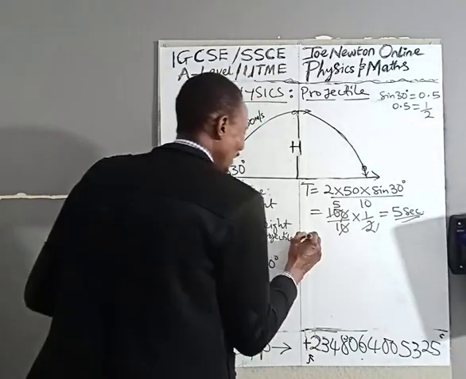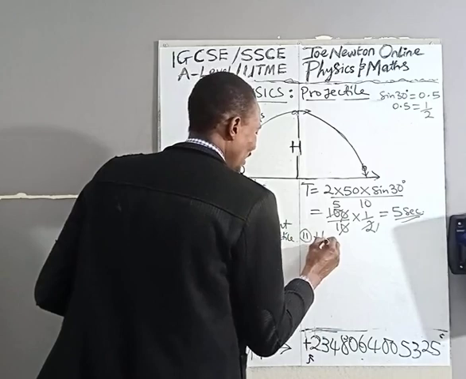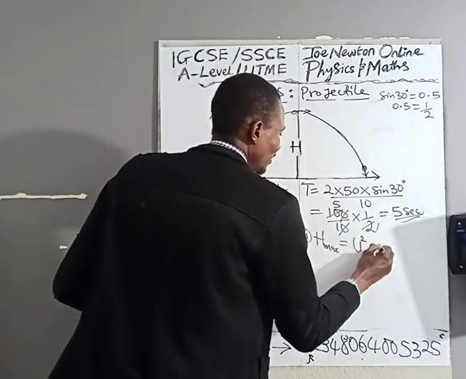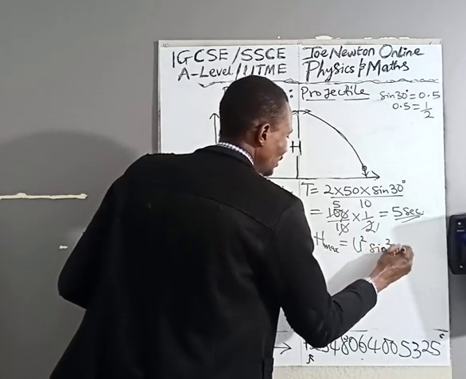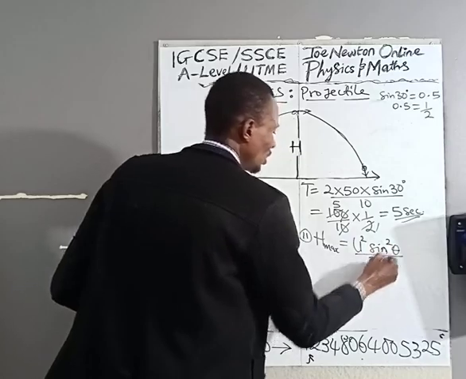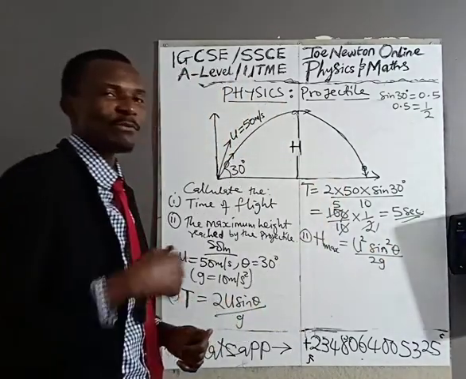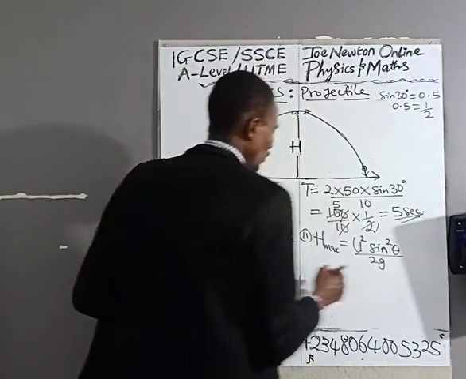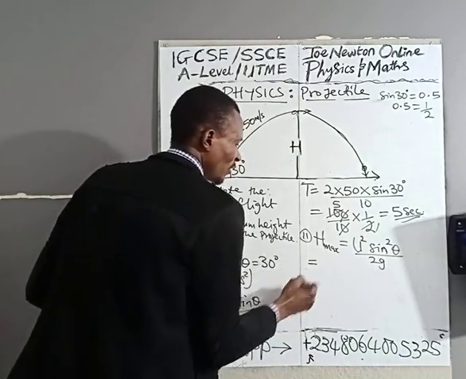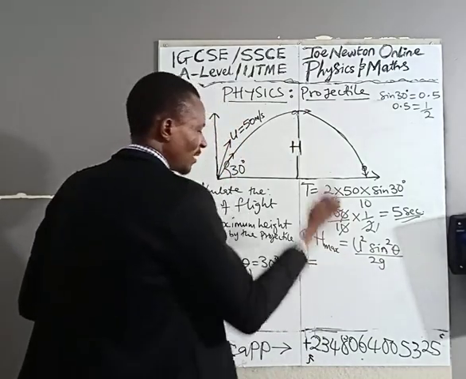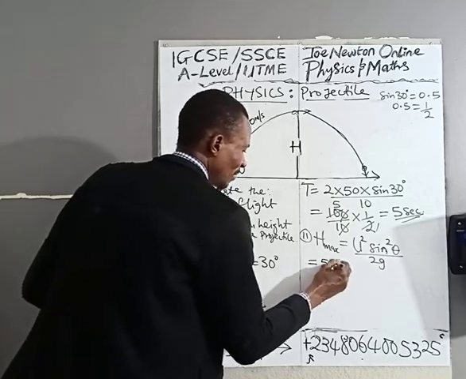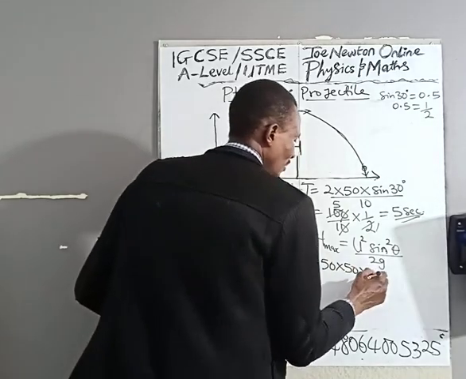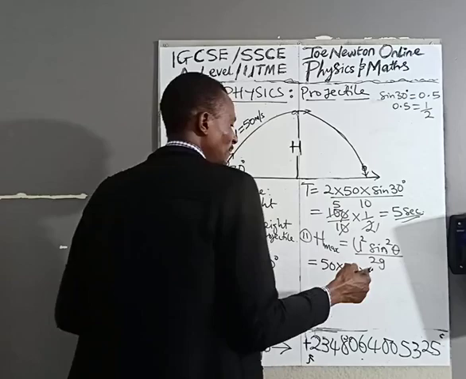Simple. Okay, the maximum height, H maximum, is equal to U squared sine squared theta all over 2g. That's the formula for H maximum, maximum height. Okay, you substitute quickly, which is equal to U squared, meaning 50 times 50. Let's put it directly. 50 times 50, that is U squared, times sine squared theta, meaning